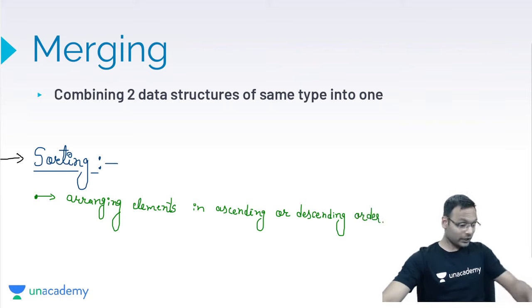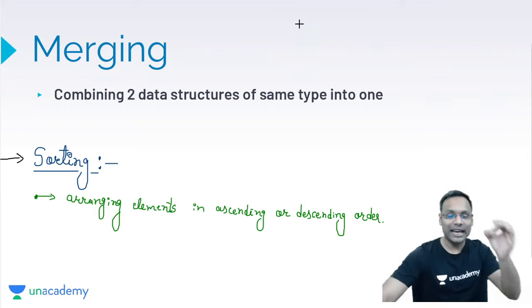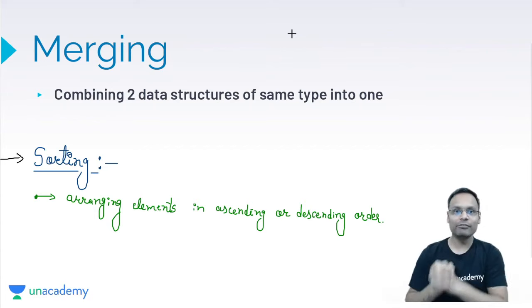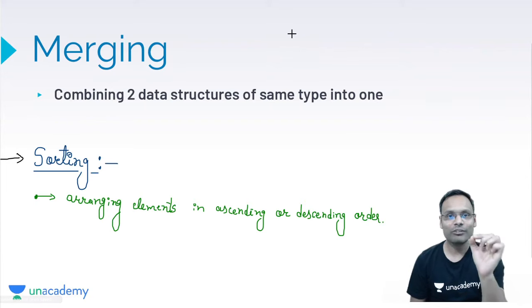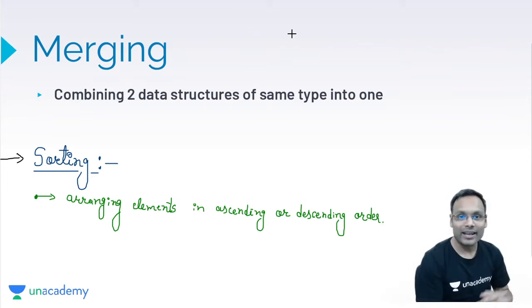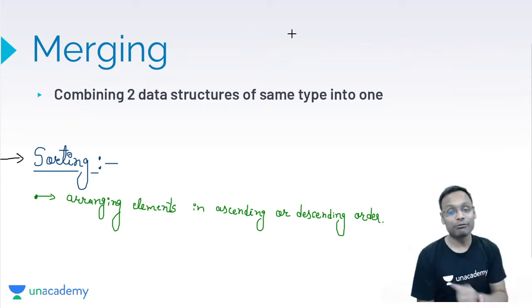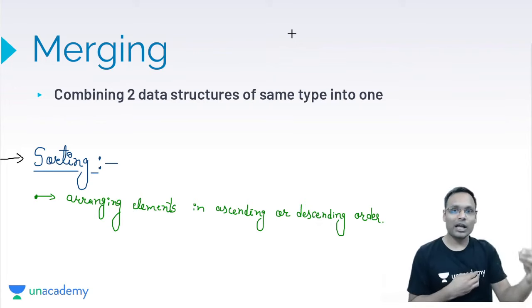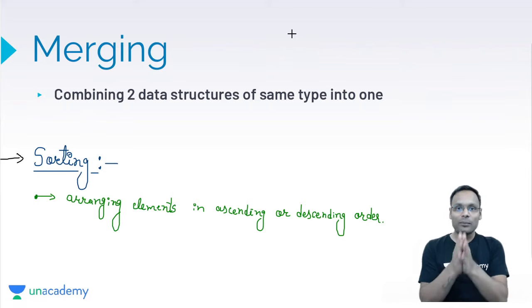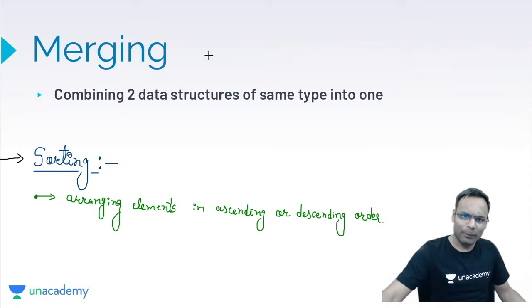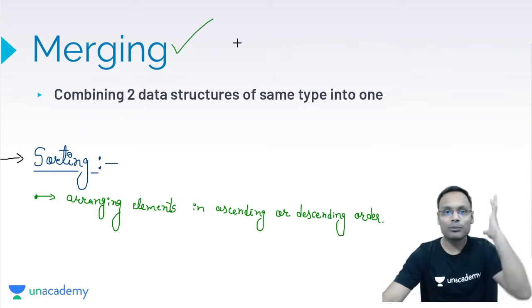That is sorting. Now, so many students question me at this moment, sir, should we apply all these functions on each and every data structure? Then I ask you a very simple thing: do we need it, do we require it? अगर है तो डेफिनेटली करेंगे, अगर नहीं है तो नहीं करेंगे. It's a very simple procedure. So if I need to have a particular problem solved, and during that problem I need to merge two arrays into a single array, then of course I will apply merging there.